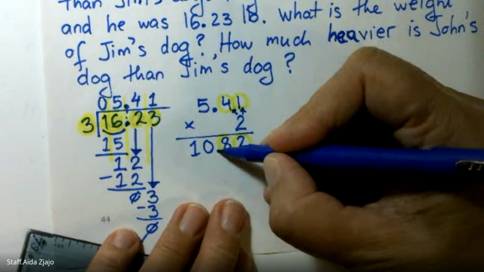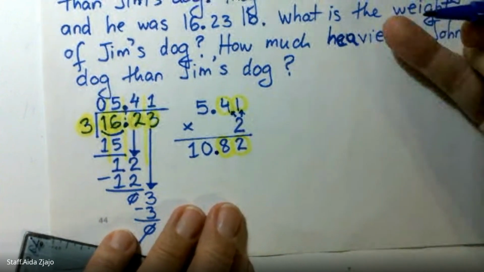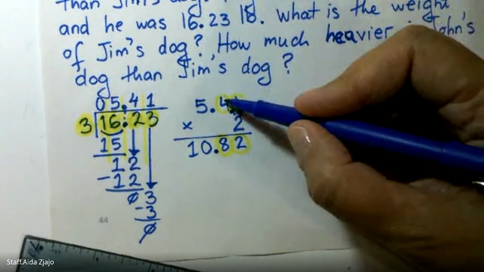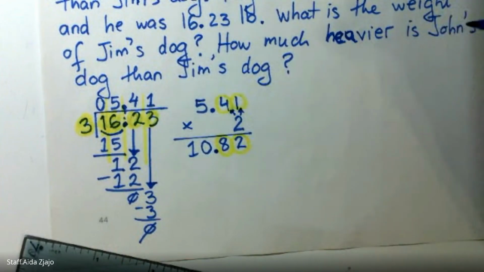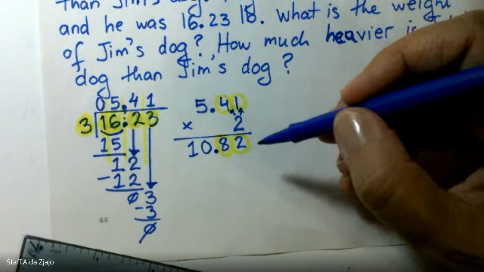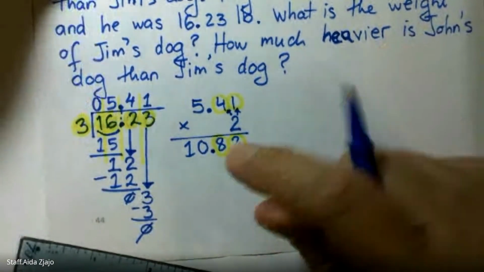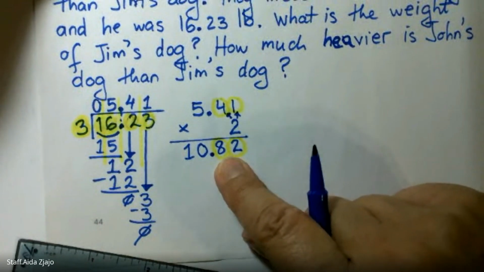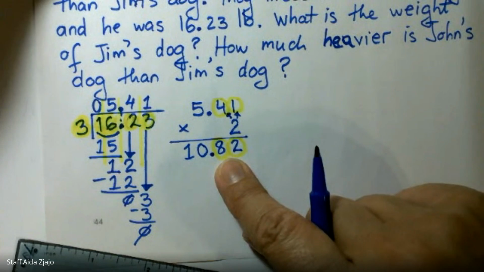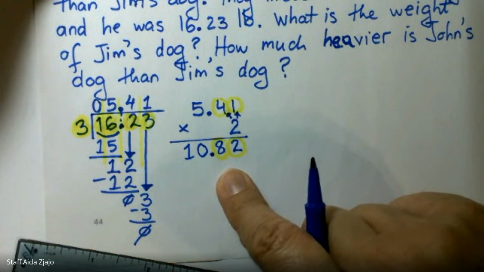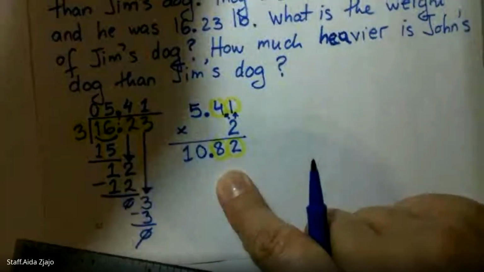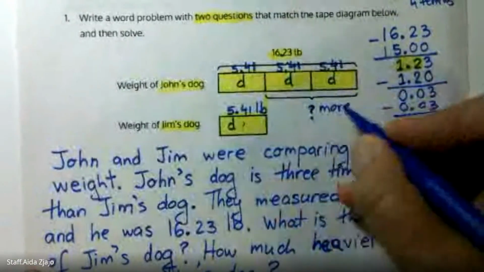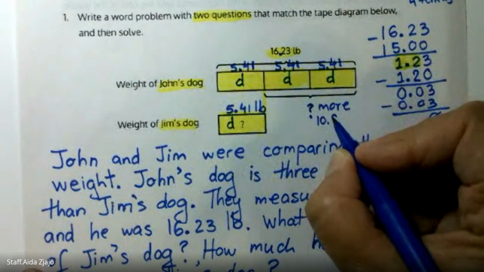These are the hundredths. The second number did not have a decimal, so we only consider these hundredths in your answer. So that means that this is how much heavier John's dog is than Jim's. Okay, and now we can write here 10.82